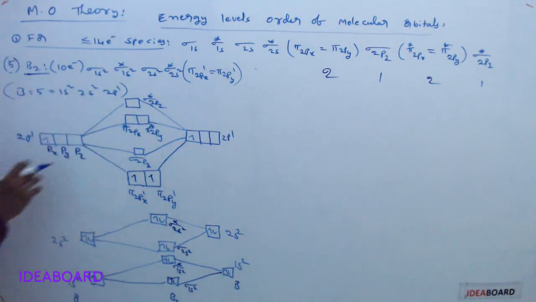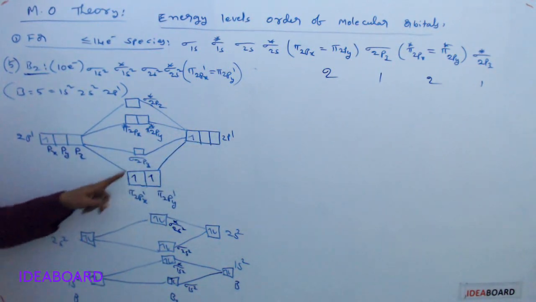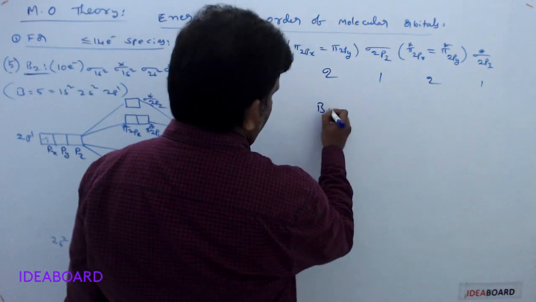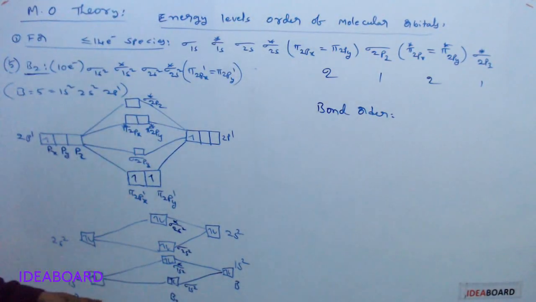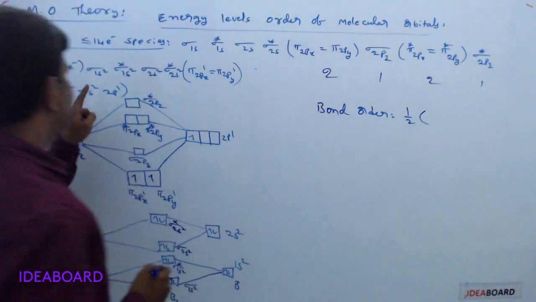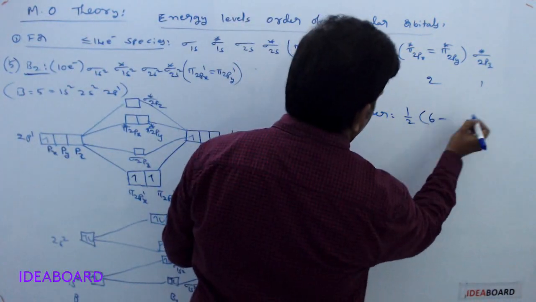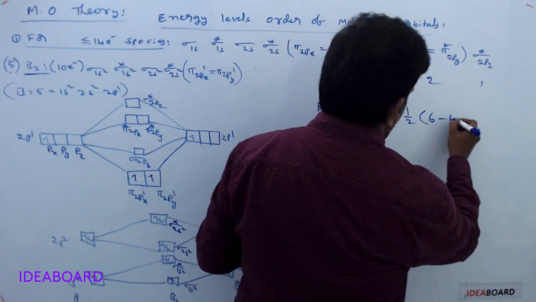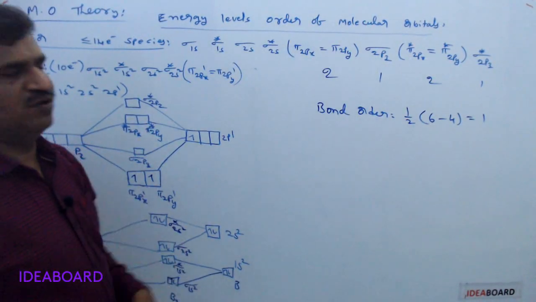And next, electron filling also in the same way. Here 1 electron, here 1 electron, 2 electrons we have. Here are 2 same-energy orbitals, so 1 electron I wrote. Now I am writing the bond order. For the B2 molecule, bond order is half into the number of bonding electrons, 2, 4, 6, that is 6, minus the number of anti-bonding, 2 and 2, 4. So 6 minus 4, how much will you get? 1. Between the two boron atoms we have one bond only.